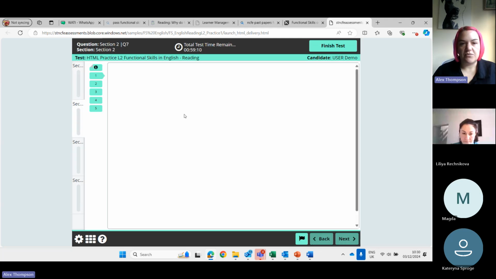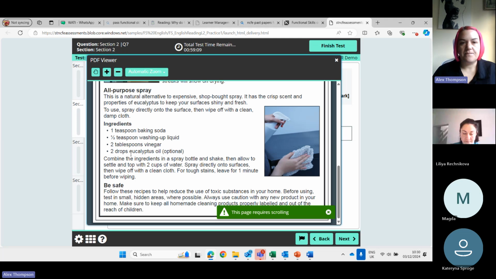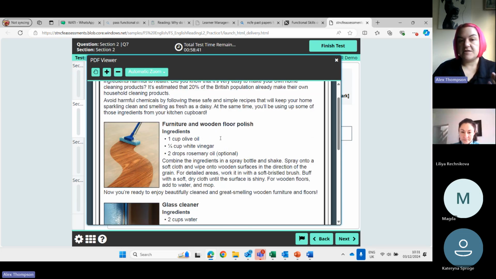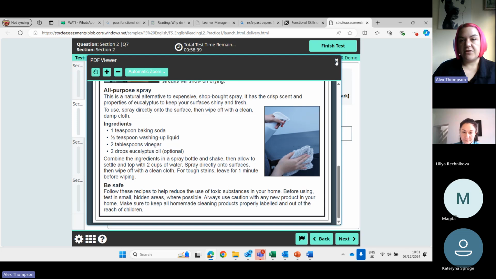The next document they want you to read, let's have a look at this one. Here we go. So this one, I would say, is more like a leaflet or something giving you advice. So they're different styles of document, but they're all on similar subjects. So in this case, it's about being environmentally friendly. The first one was an article about being sustainable. This second one is about making our own environmentally friendly cleaning products. And then the third one,